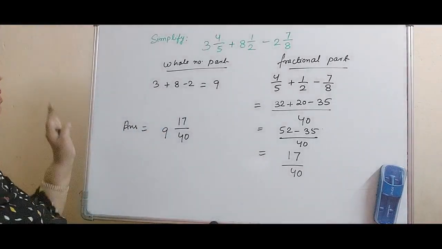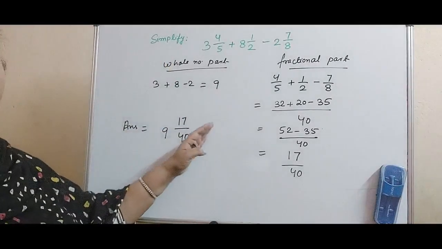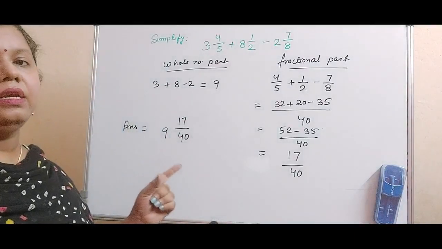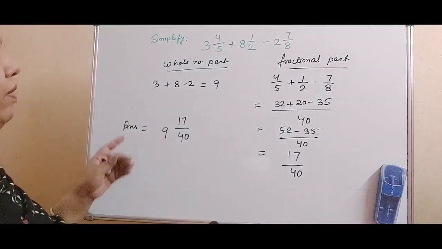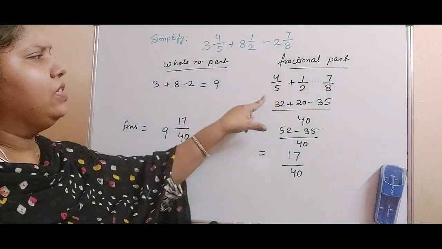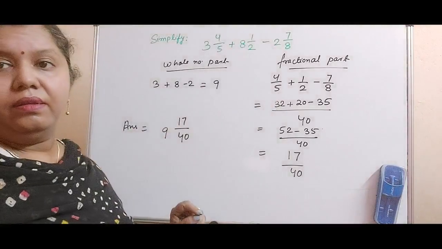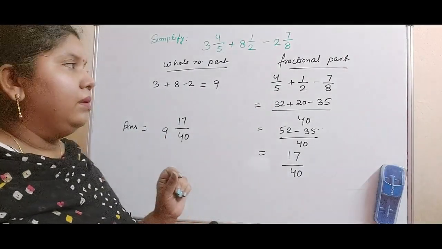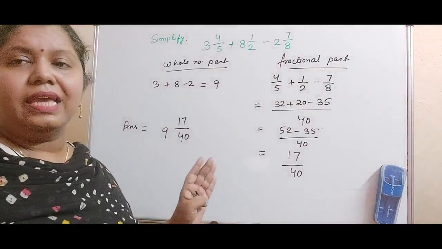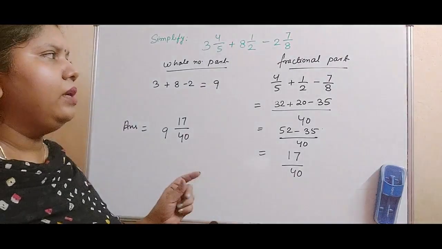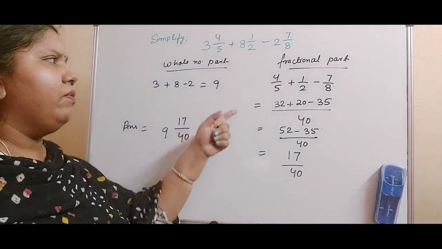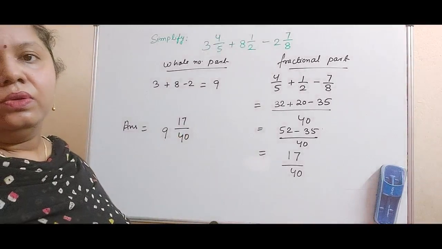Because if you take all the numbers in improper form at a time and then solve, you will get a bigger fraction, which again takes time to solve. So if we take out the fractional part separately, the size of the fractions is much less with respect to improper fractions. The size is more because the numerator will be bigger in the case of improper fractions. That is why we solve it in this method.